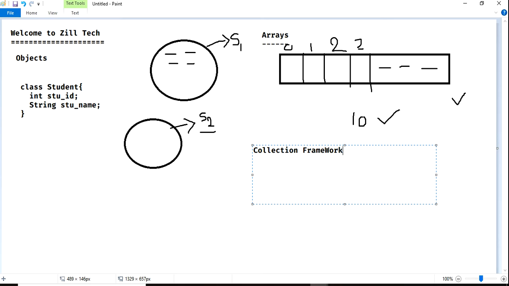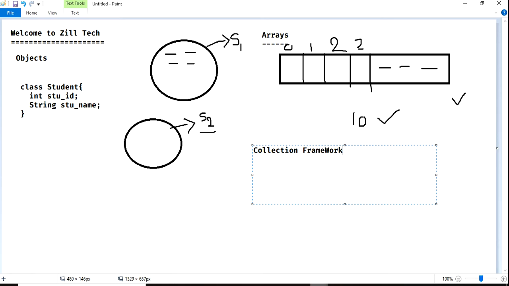The group of objects you can store in a collection, and it provides a lot of methods. We can add at any position, retrieve from any position, access in any way, and do sorting with IDs. We can do everything here.